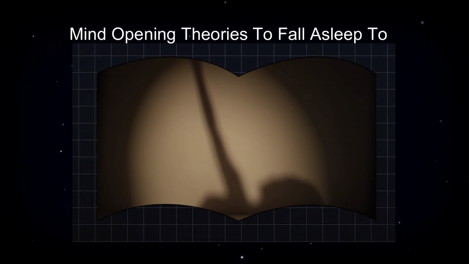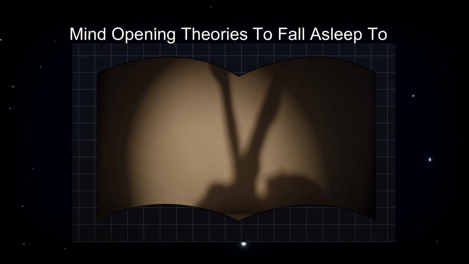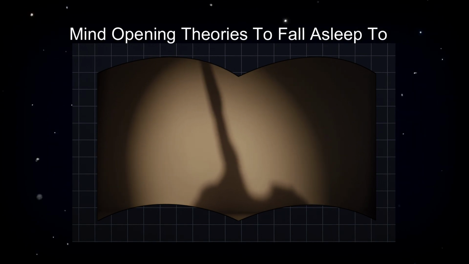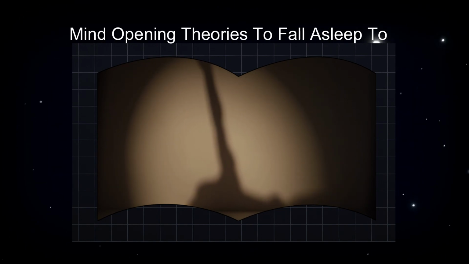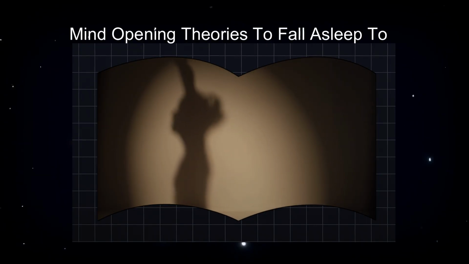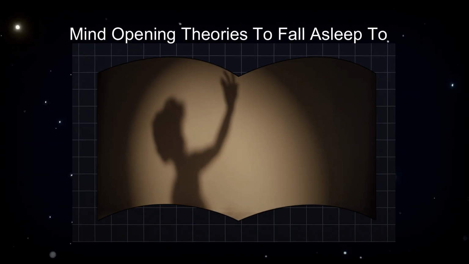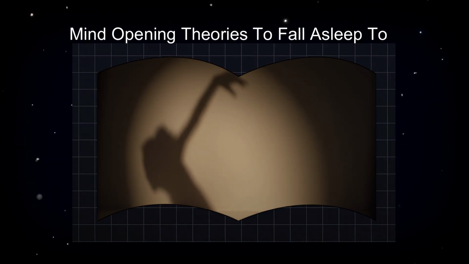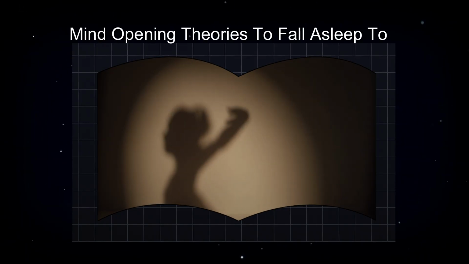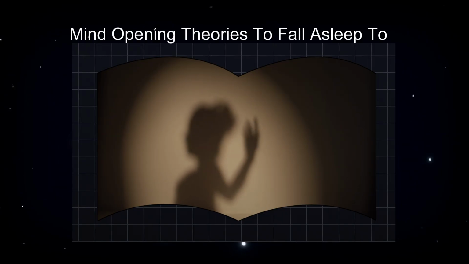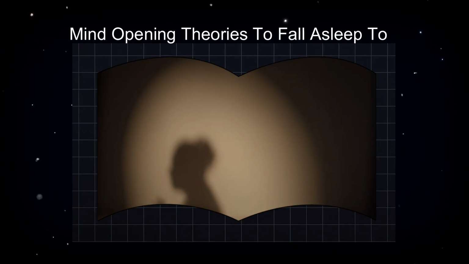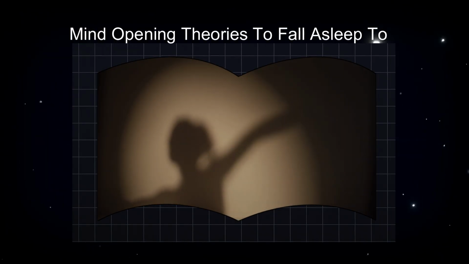Time dilation and relativity. Time is a curious companion. It marches forward, indifferent to our hopes, our memories, our regrets. But here's the twist. Time doesn't flow the same for everyone. It can stretch, bend, and even pause depending on how fast you're going, or how deep you are in a gravity well. This is time dilation, a real phenomenon first described by Albert Einstein in his theory of relativity.